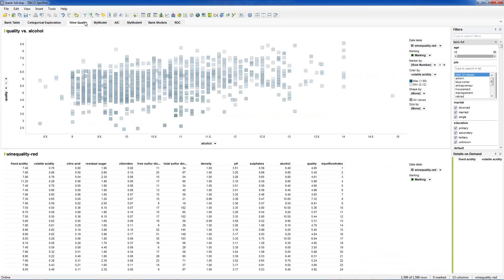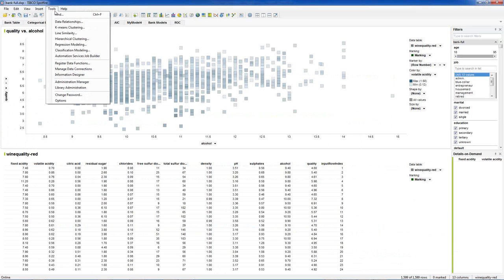So here's the wine quality data. This particular method of building regression is another off-the-menu regression builder. Another way of doing it for more complicated models is by hooking up R scripts, which I've also done here for other types of models. So there's that kind of flexibility. But let me do this one real quick.